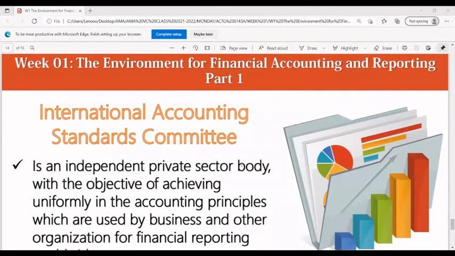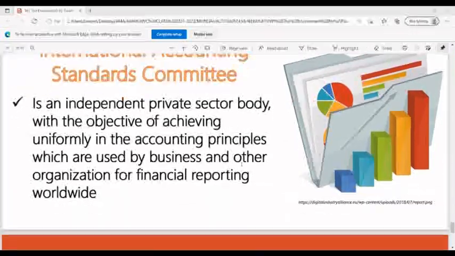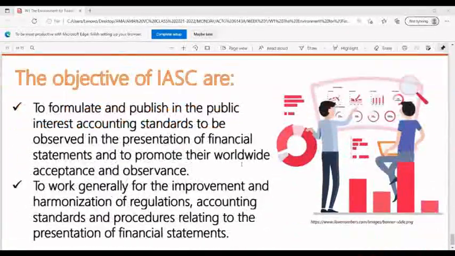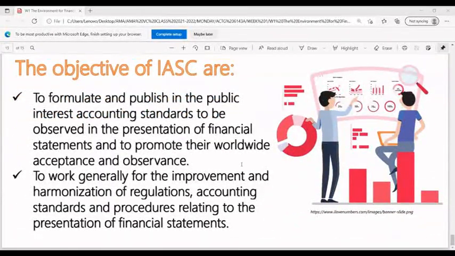And the International Accounting Standards Committee is an independent private sector body with the objective of achieving uniformity in the accounting principles used by business and other organizations for financial reporting worldwide. And lastly, the objectives of the IASC are to formulate and publish, in the public interest, accounting standards to be observed in the presentation of financial statements, and to promote their worldwide acceptance and observance, and to work generally for the improvement and harmonization of regulations, accounting standards, and procedures relating to the presentation of financial statements. That ends our